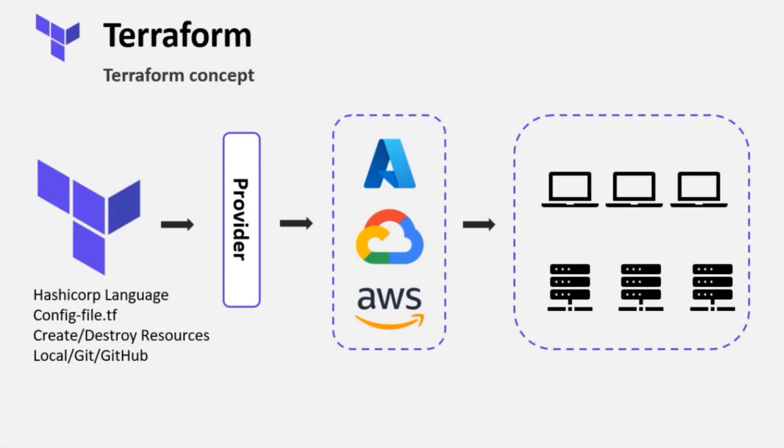After you create configuration files, let's say you want to create a resource, for example, a virtual machine. Then you use the provider. In the configuration file, you specify which provider you want to use. You also use a specific method of authentication there. You can also use certificates for this purpose. For example, if you want a machine, it could be a Linux or a Windows virtual machine. So you can use Azure, and this machine will be created with a specific configuration which you define in the